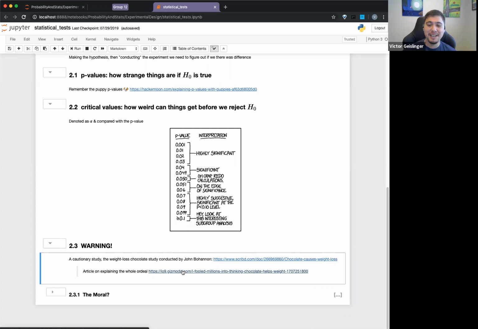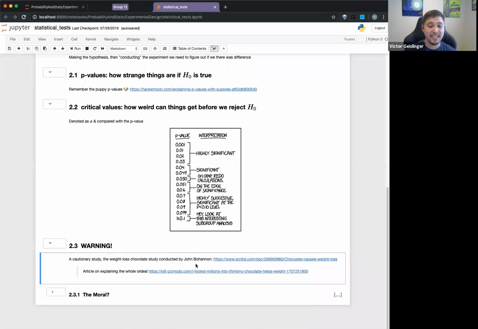And I guarantee that there are probably still people who use this study, or some reference to it, to claim that chocolate does cause weight loss or something like that. I have heard it recently, in the past couple of years, where someone mentioned this. I'm like, oh, that's a fun little story. And then they weren't my friend anymore. But anyway,